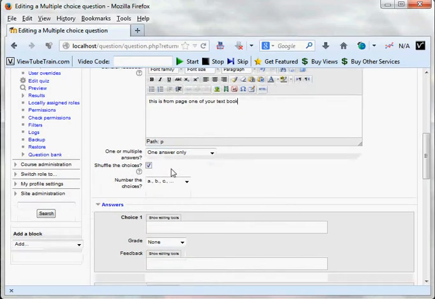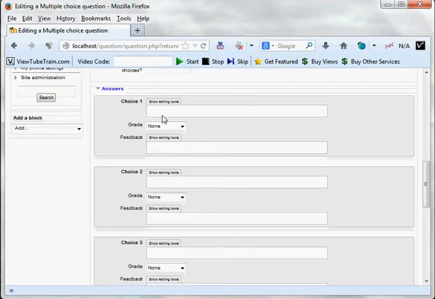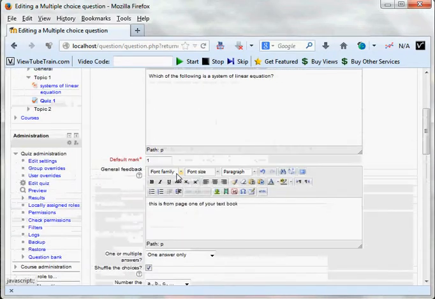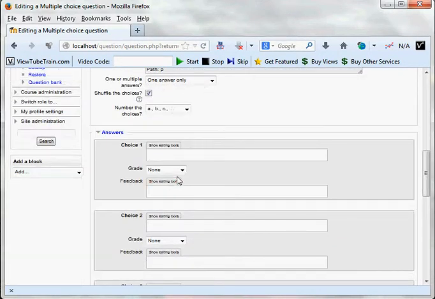Then we have multiple choice answer, one answer only. You can choose multiple answers allowed. I'm choosing one answer, and the categories are going to be A, B, C, D. So the first choice is the question was which of the following is a system of linear equation. So the first one, I'm going to type